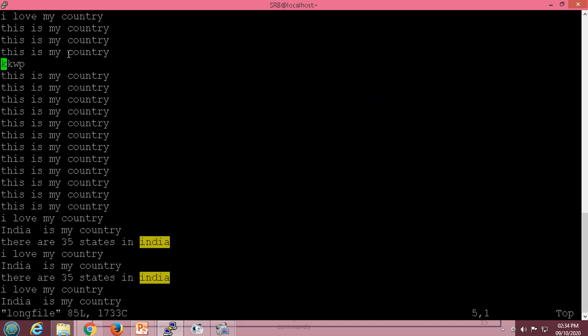And again, if I open that file, whatever I have updated will be saved with this command, that is :w and :wq. With :wq we will save and quit, and with :w we will save it and remain in the file itself. The next command is :x.